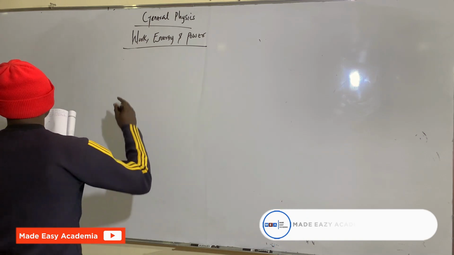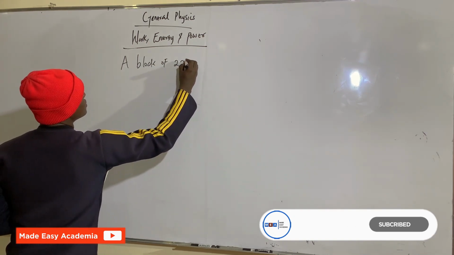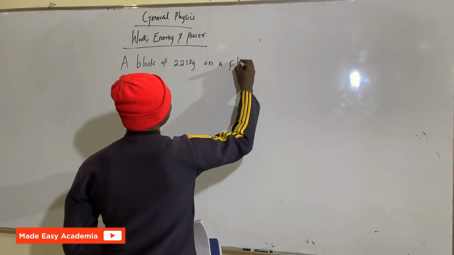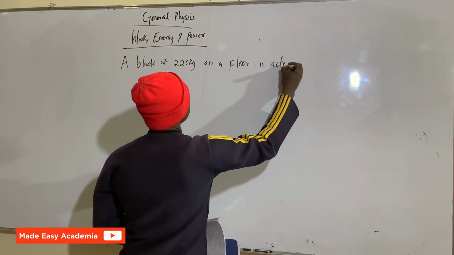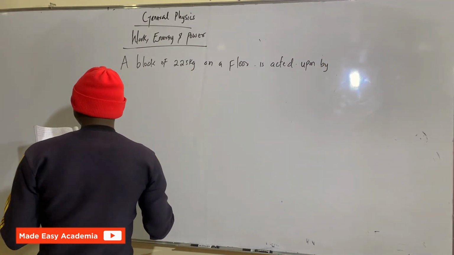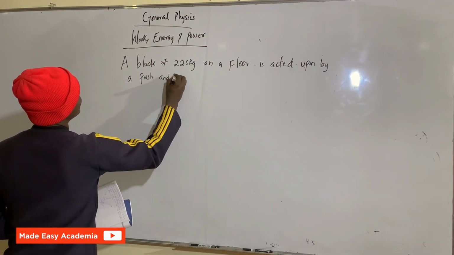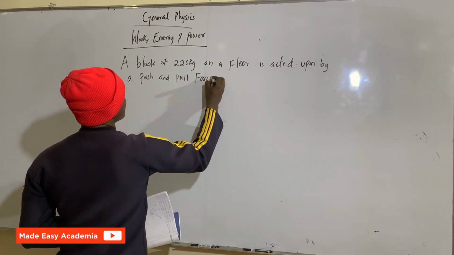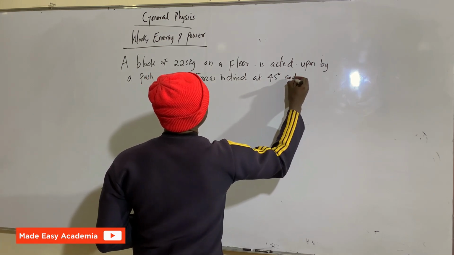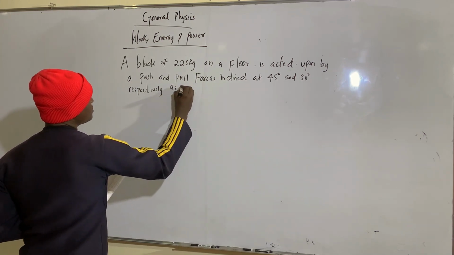This is another problem. They said a block of 225 kilogram on the floor is acted upon by a push and pull forces inclined at 45 degree and 30 degree respectively, as shown below,